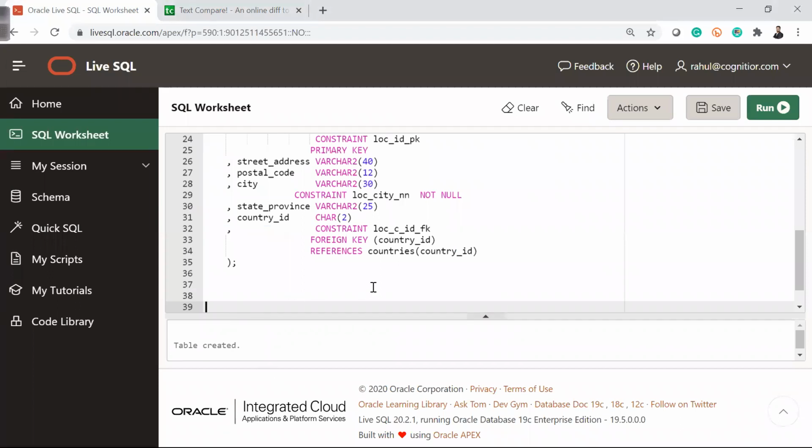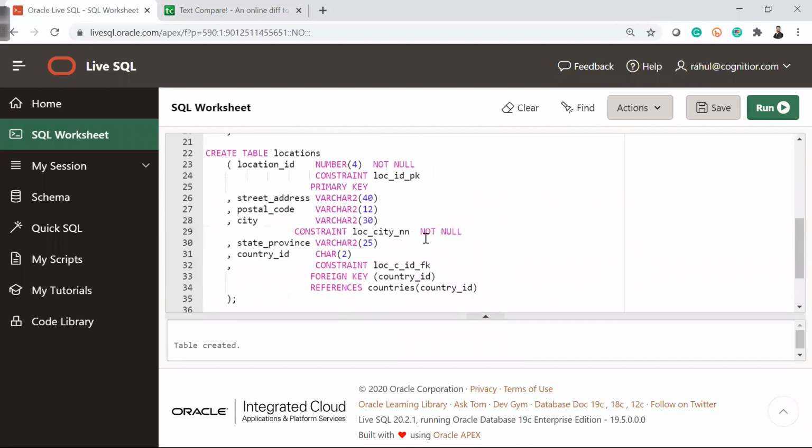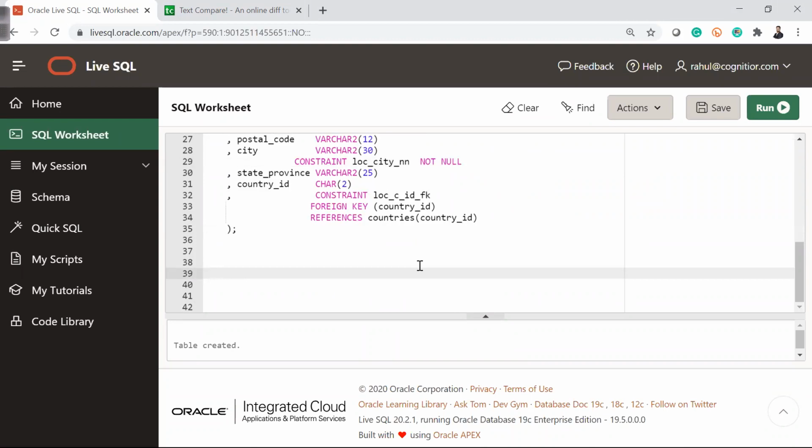We'll create another table, which is the departments table. Here we learned how to create a NOT NULL constraint, right? Here my city cannot be null. In the same way I have to create the departments table, and in the departments table there will also be some constraints and some columns we'll create. So create table departments. We have department_ID